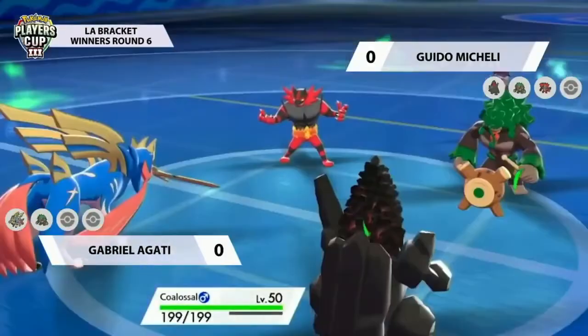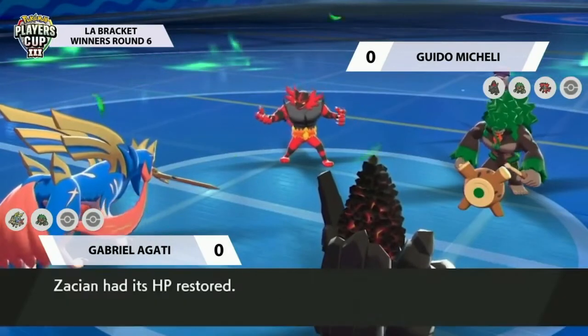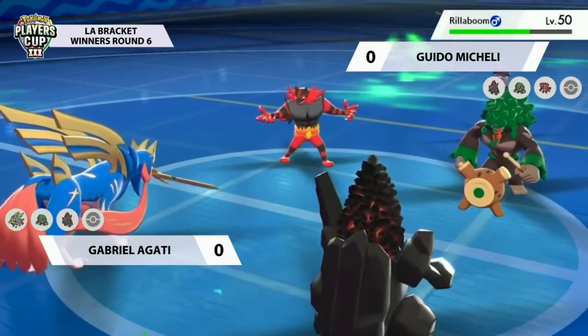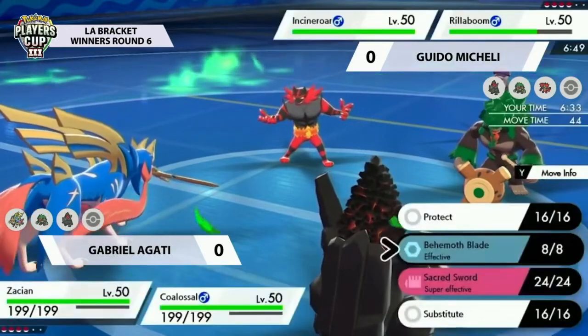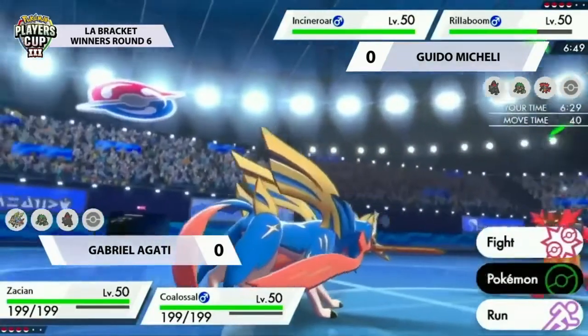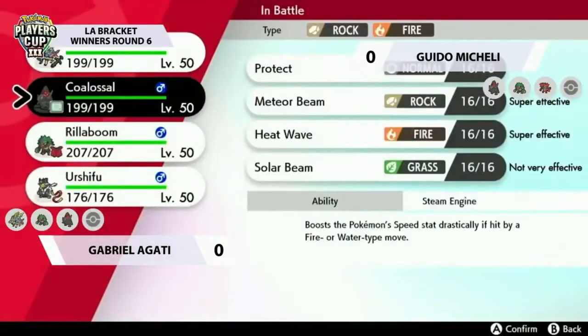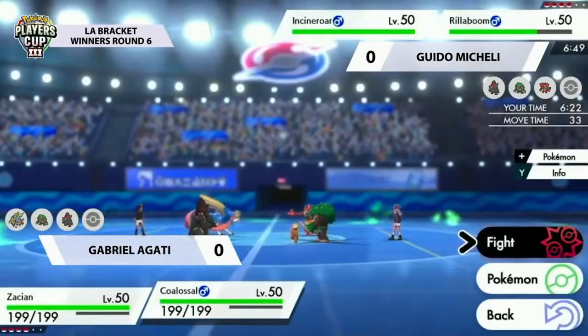It is a nice play because it obviously mitigates the attack boost from the Zacian's Intrepid Sword ability. So the problem is now that Gabriel's got that damage initially onto the Rillaboom, which definitely makes things a bit easier for Gabriel going forward in this match, especially if you're taking a step further forward and dealing with the Rillaboom. You've got to be aware that there is fake out pressure from the Incineroar this turn, but if you